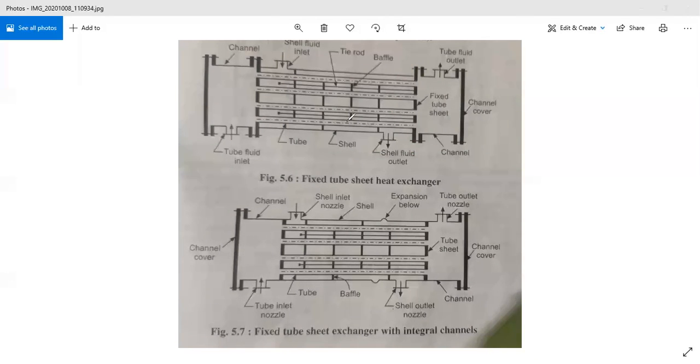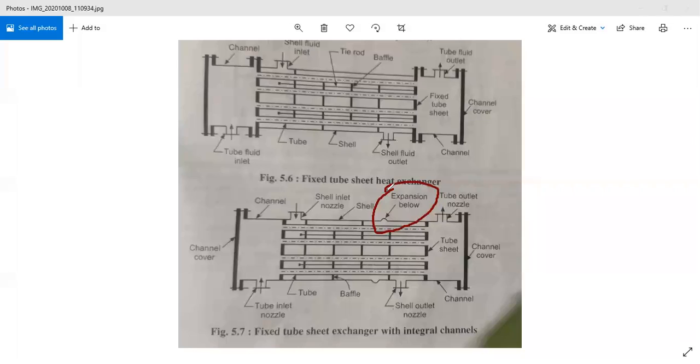So sometimes, depending on the requirement, the application and the condition, we have to add some other parts like the expansion bellow. In this diagram you can observe this additional part, which is called the expansion bellow. There is a hot fluid and another is a cold fluid, so there may be a chance of thermal stresses developing in the shell and tube heat exchanger. To avoid the thermal stresses which may develop, we have to incorporate the expansion bellow. So this expansion bellow can